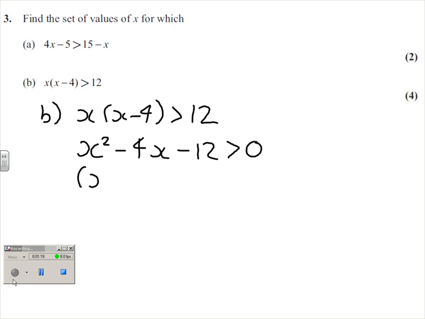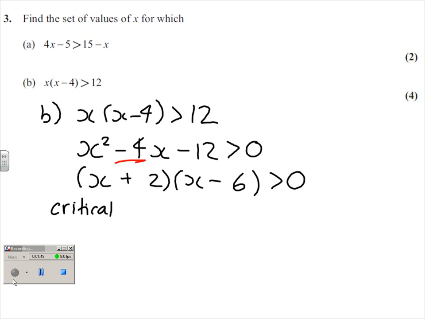Factorize. I've never seen an inequality question not factorise. There probably will be one next year now I've said that. 12, there's a few factors of 12, but they need to add or subtract from each other to give 4, so that's going to be 2 and 6. And then, get this the right way around, we want minus 6 to get minus 6x, and then plus 2 to get plus 2x. And double check, because positive 2 times a minus 6 gives you minus 12. So that's definitely factorised. If it was an equation, we would write x equals,